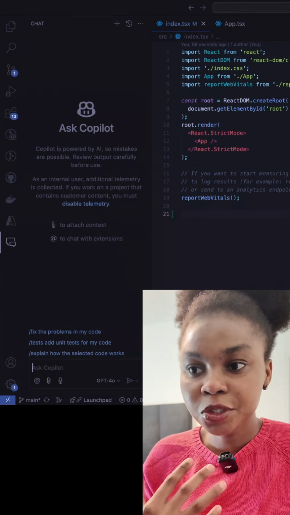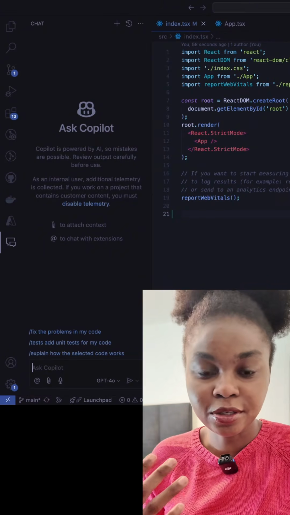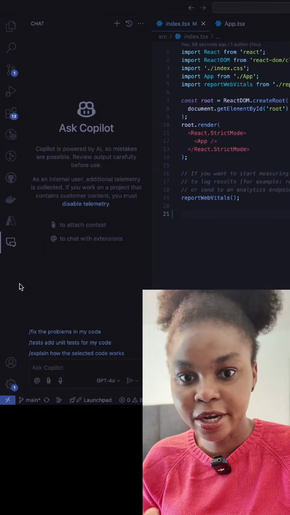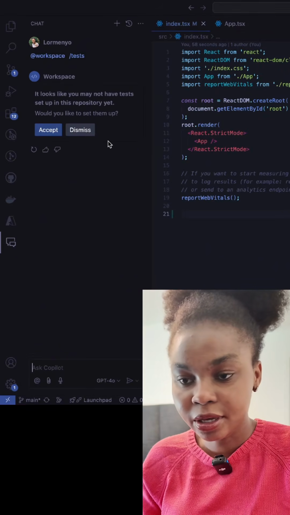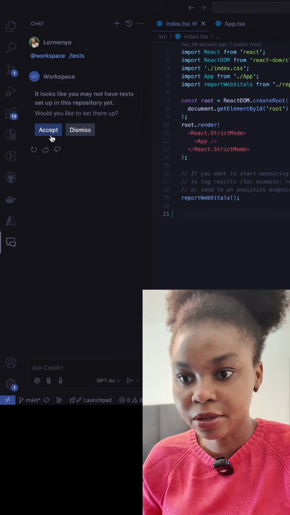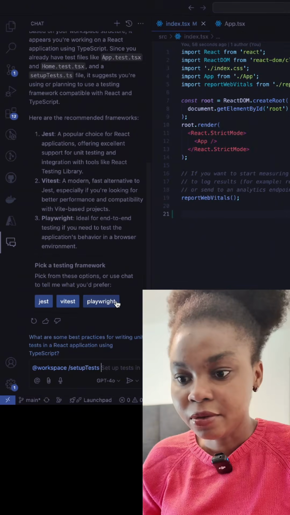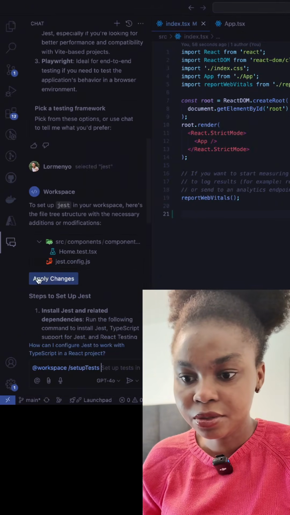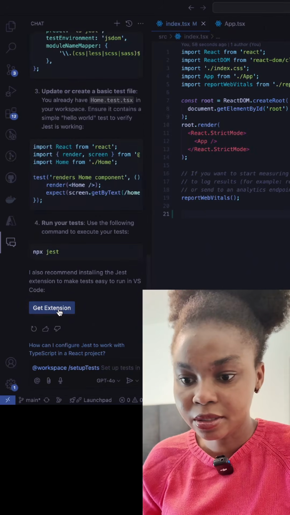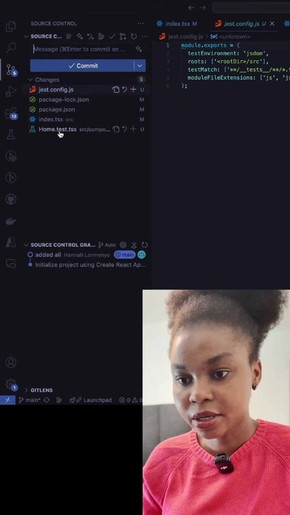One of the most popular use cases for GitHub Copilot, and it's something that I use a lot in my workflow, is just using it to write tests for my code. So I can click on this and say add tests for my code and set them up, and then it will just set up. I actually like Playwright, but to keep things simple, I just use Jest. Now you can just review the changes and then apply the changes and then get extension, install. So let's take a look at the test that it's added. It's added